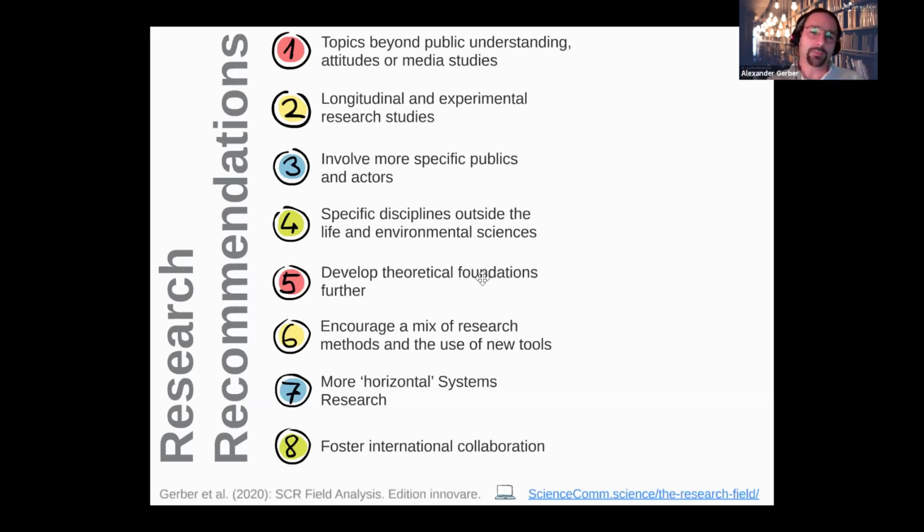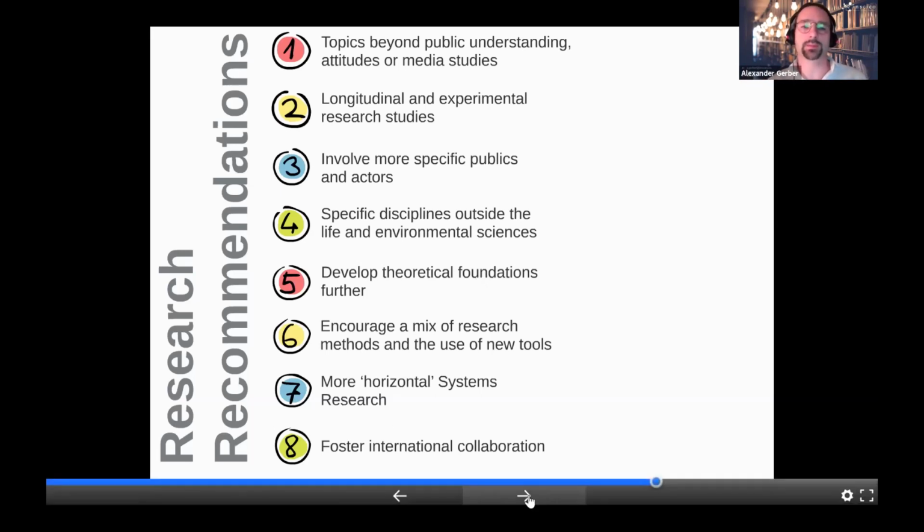We would have to have an increasingly horizontal systems research approach instead of a more vertical one, like looking into specific applications or case studies, cross-sectional studies, or a more horizontal systems approach that interconnects those different aspects, and to foster increasingly international collaboration, which isn't just limited due to language barriers and cultural barriers, but as it seems also disciplinary